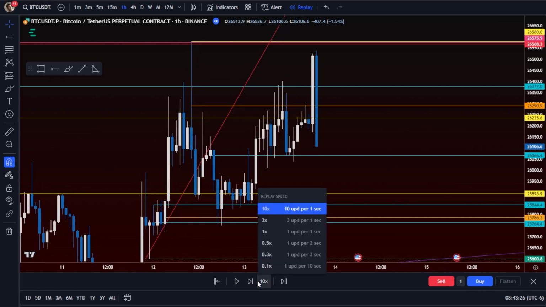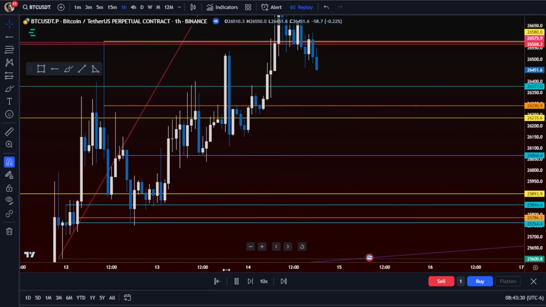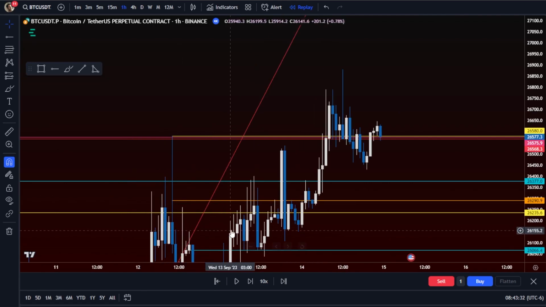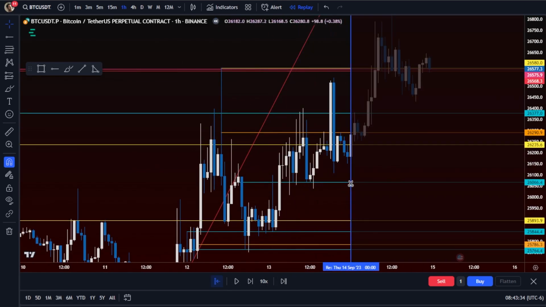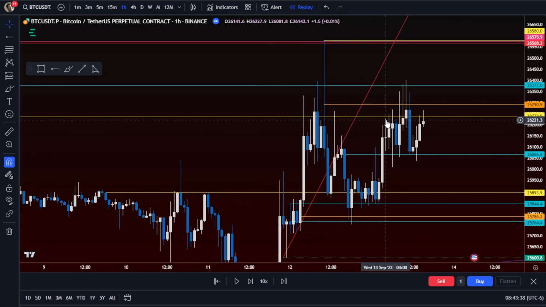I think actually it's still fighting this hourly right now. Yeah, it's still, oh no, it broke over that hourly. So that was a pretty critical level. Let's just rewind this for a second here. So this hourly was obviously a pretty critical level. And it's the same thing. It would be the same thing if you were looking for entry on this.